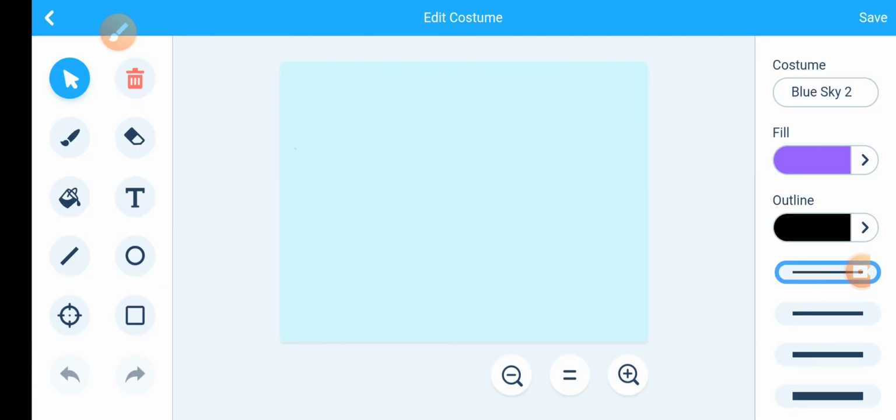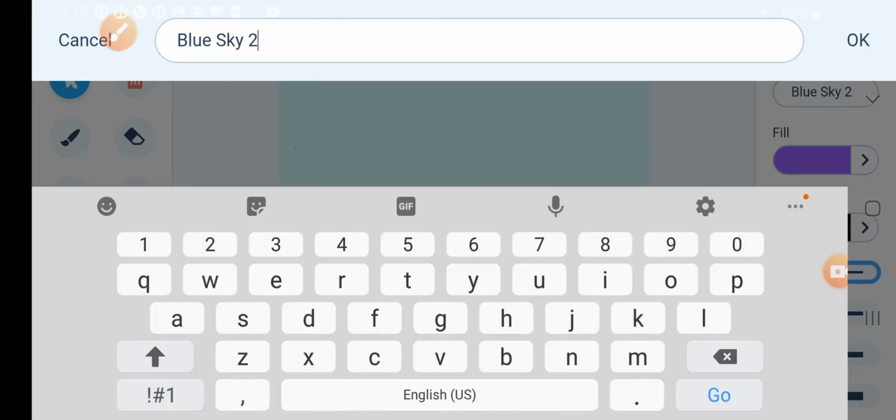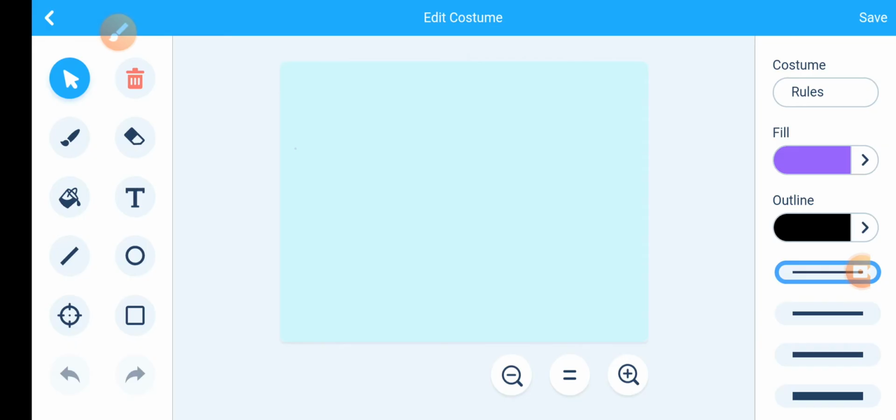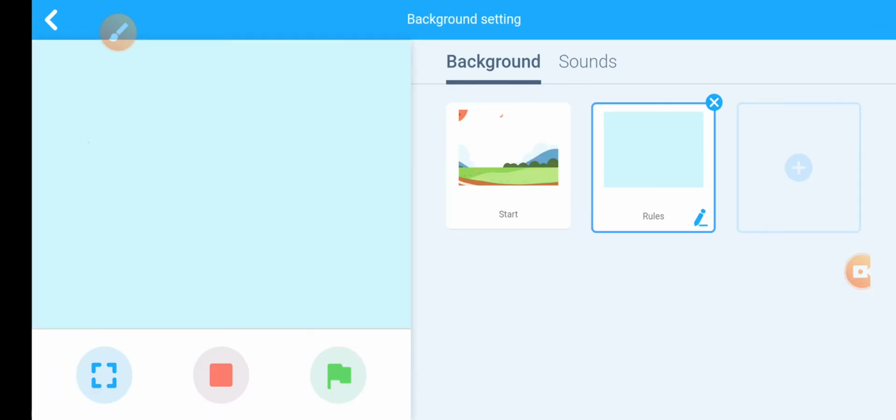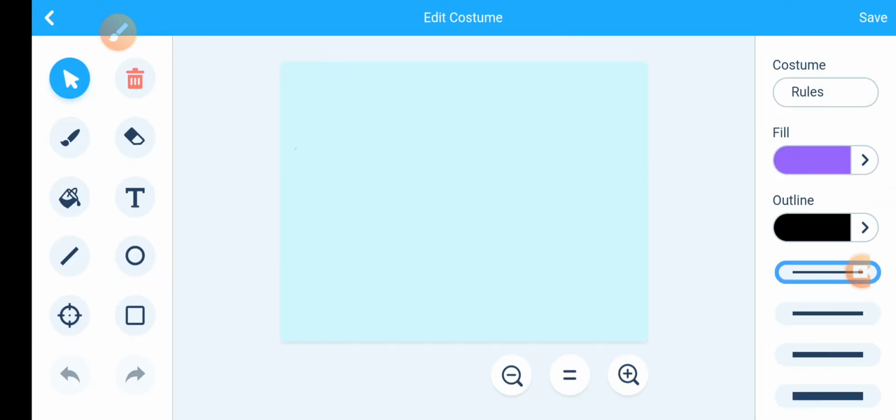Rename this as Rules, a rule window. You have to type the rule here. To type the rule, click on this text option and start typing.